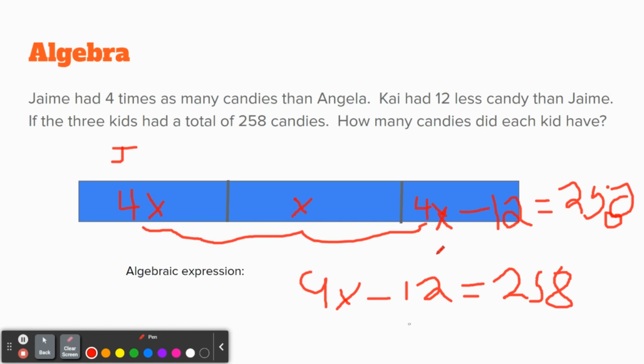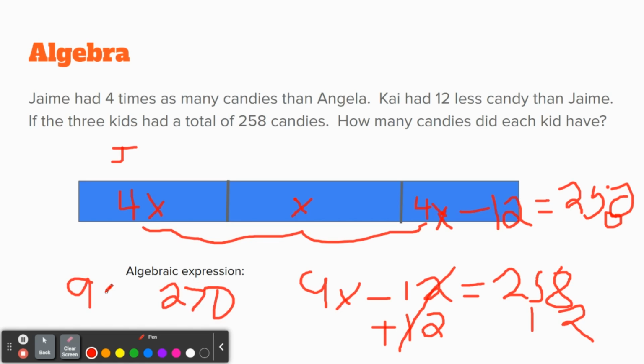All right. Now, the steps for solving a two-step equation would be first to add 12 to both sides of the equation because we want to get rid of the constant. So we'll add 12 because negative 12 plus 12 will cancel here. And 258 plus 12 will give us a total of 270. I'm just going to start it over here. 270. So now we have 9x equals